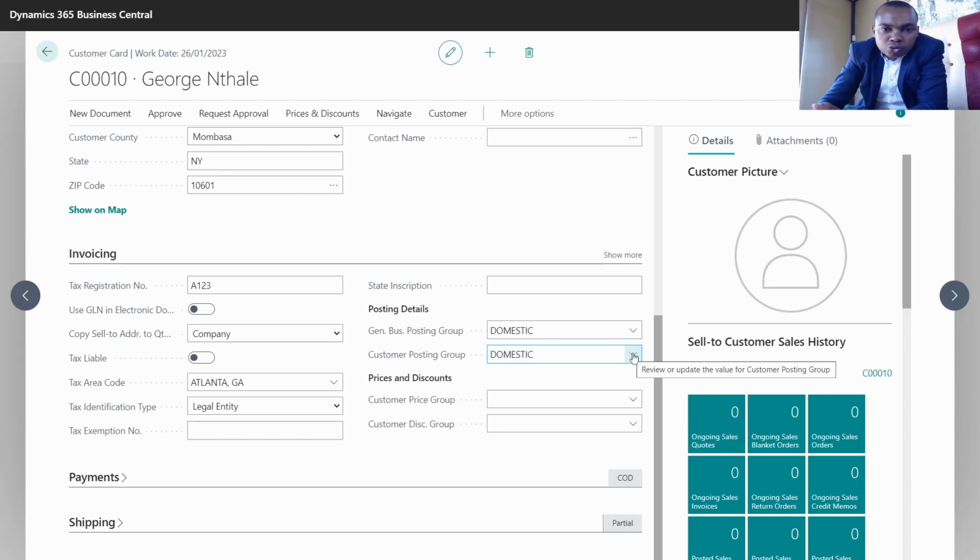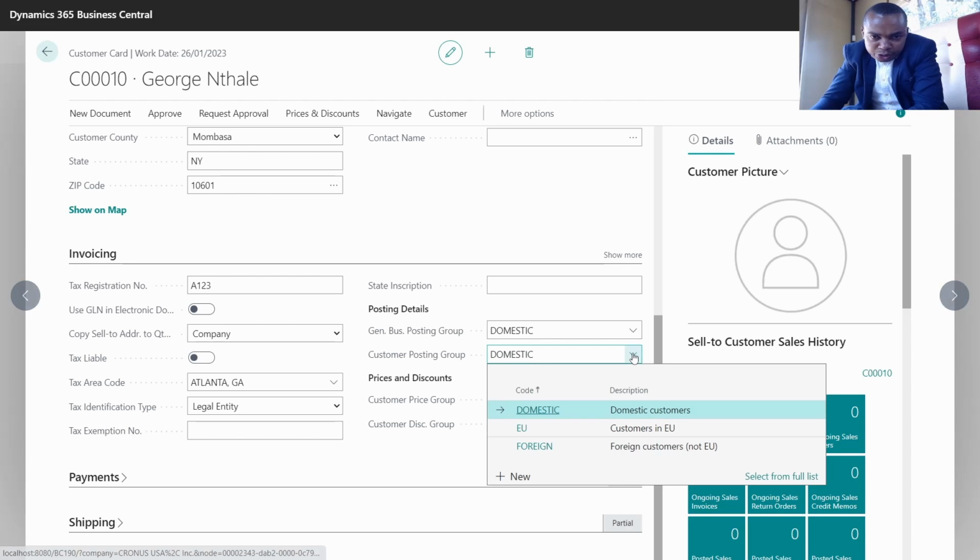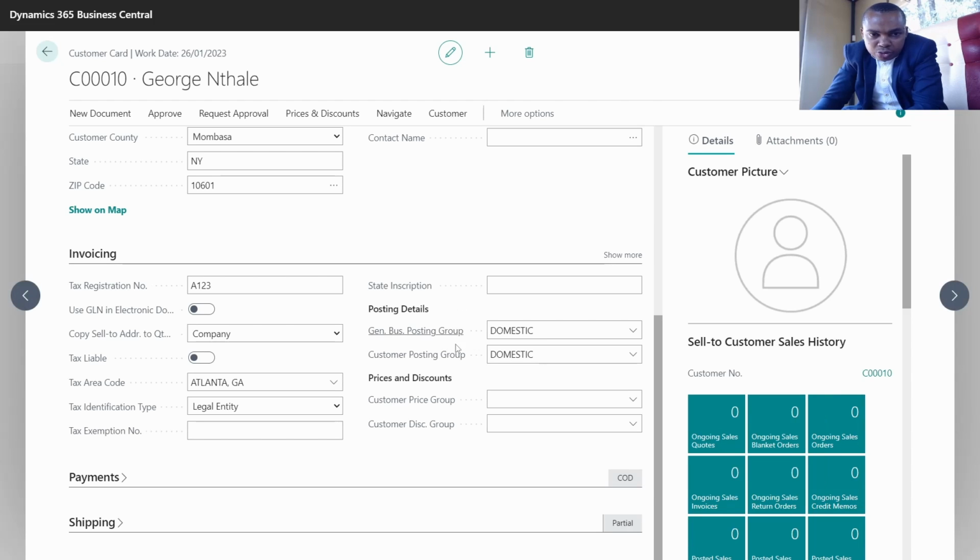So we'll be able to create a GL in the chart of accounts and map it to this account for reconciliation purposes. Remember, we want to go to the chart of accounts and produce a report for the domestic customers to confirm the balances. So it's also good to be specific. At the time of creating, you map it to that specific account. Then when you go to payments,